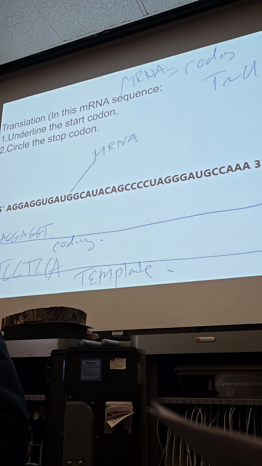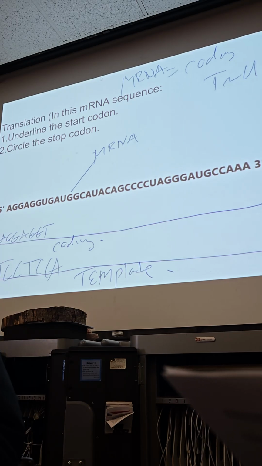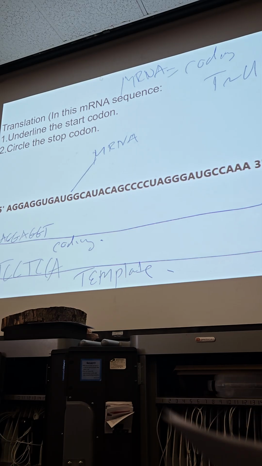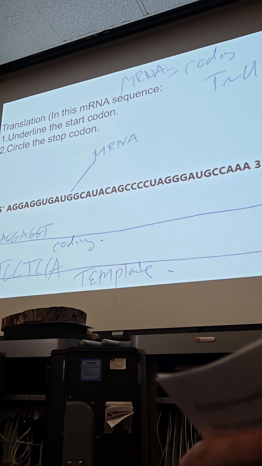Absolutely. And the reason why is if the tRNA that comes in is not forming a peptide bond, what happens? It breaks apart. And then here we also have